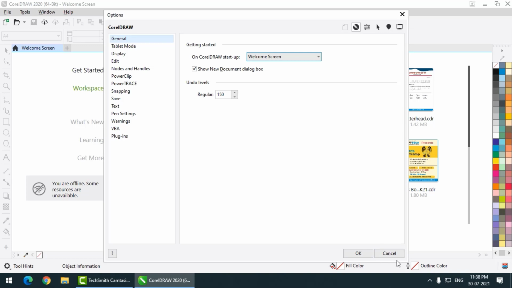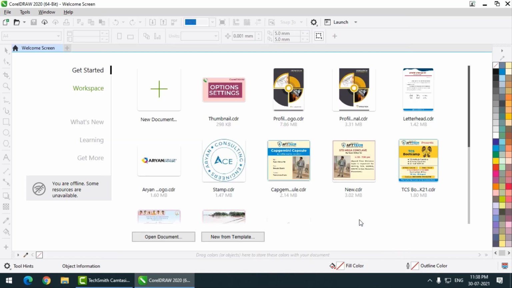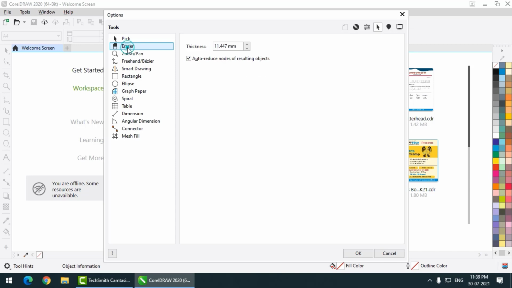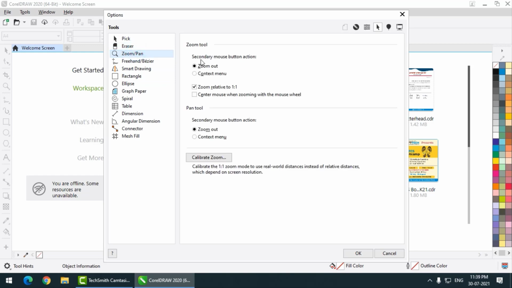After that, let's say if you want to change the default setting of all the tools, then you can simply go to Tools, Options and Tools. Then you will be able to see all the default settings of each of the tools. So you can check the setting, and if you want to change it, then you can change the default setting.